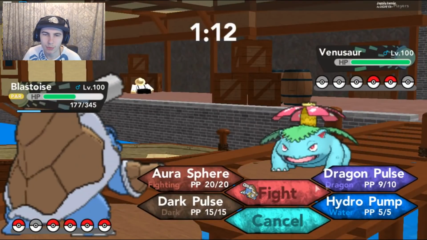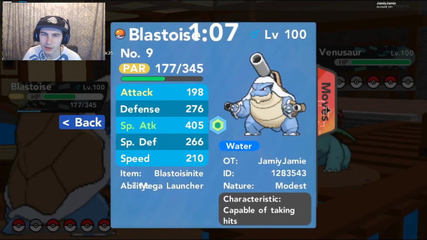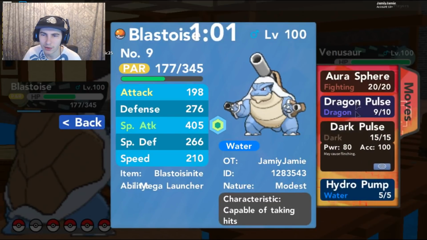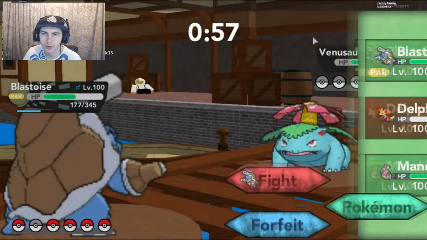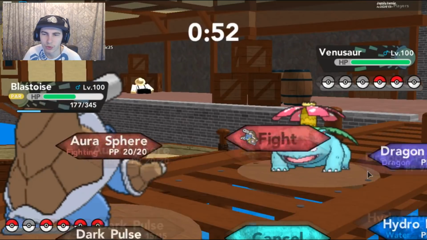Okay, Dark Pulse or Dragon Pulse? What is the harder hitting move? I want to say... Yeah, the special attack stat though is really, really high. I think Dragon Pulse is right. 85 versus 80. 80 and 110. Also, Grass resists this and resists this because of Poison type, so Dragon Pulse